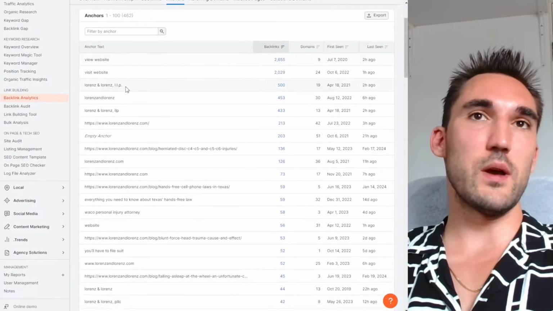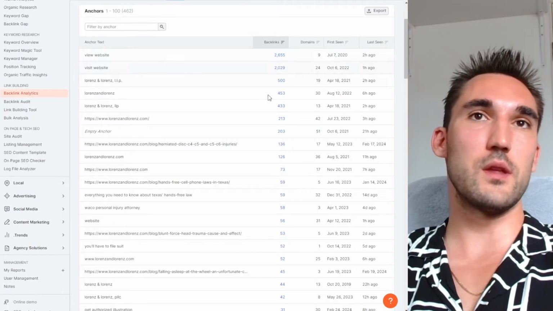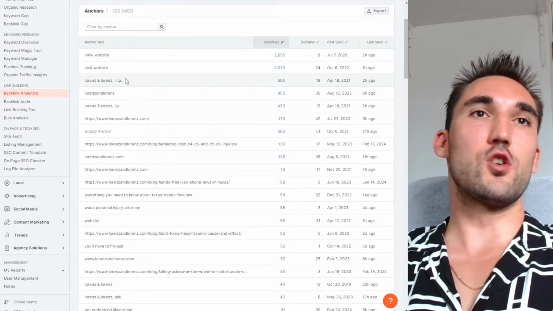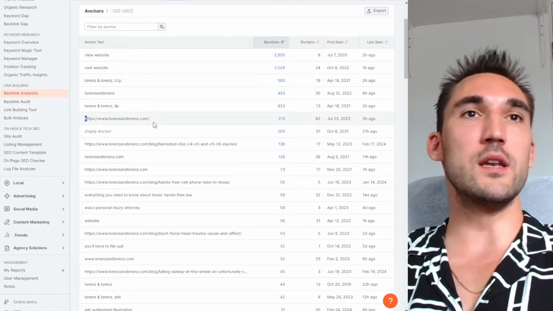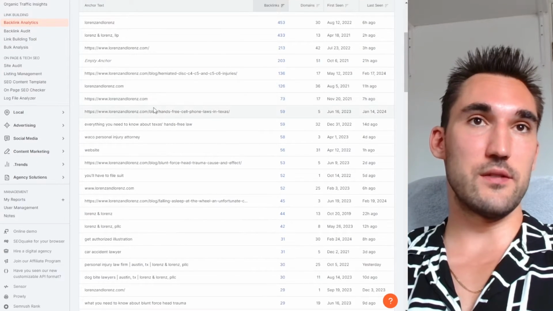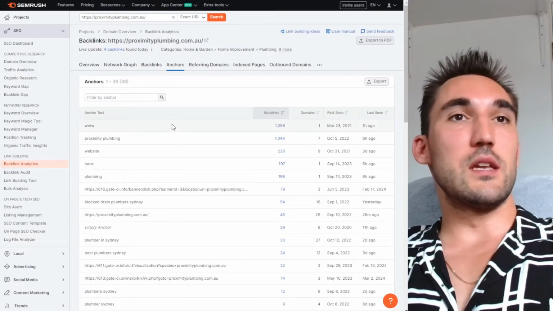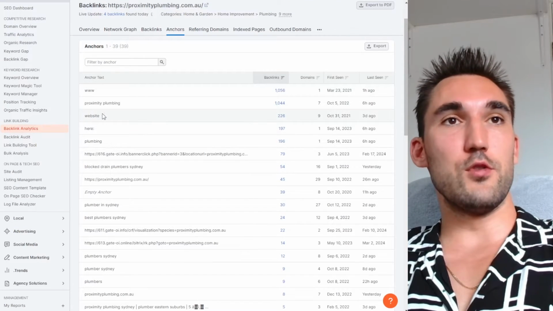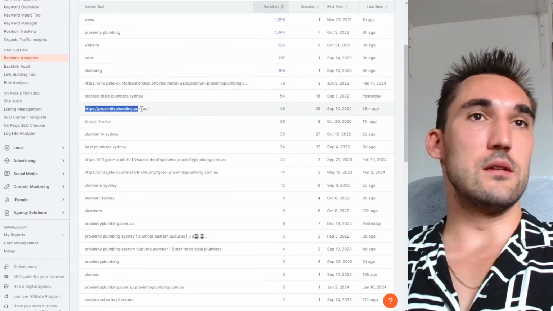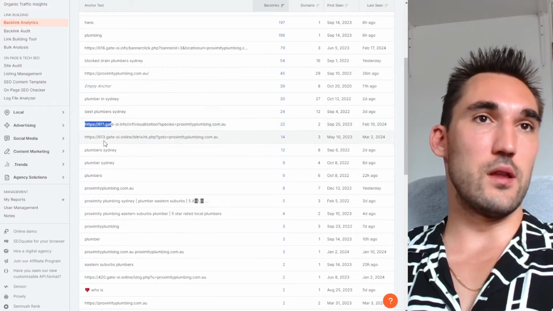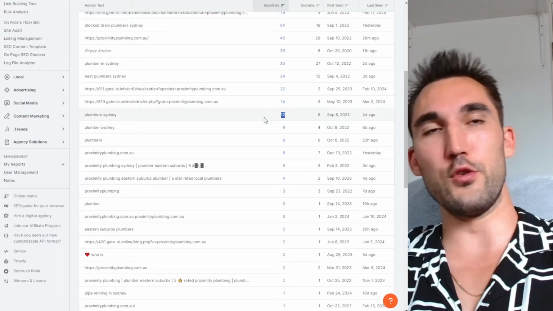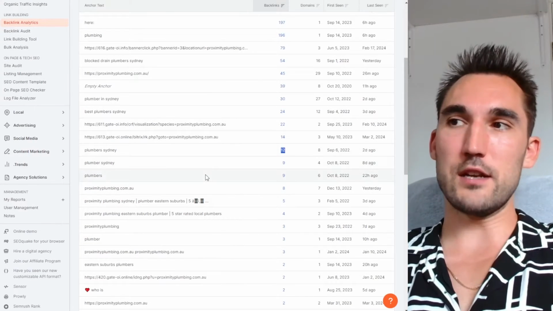If we take a look at these websites, you can see that by far the majority of their backlinks have a very generic keyword like "visit website", or their brand name, or the website name, or a naked URL. That's what it's called, a naked anchor. As we scroll down, you can see different variations of this. The same thing is true with another one here: brand name, www, website, click here, plumbing, which is technically a keyword, and their naked URL, and then a few other random ones, and then "plumbers Sydney". We start getting into the keywords around here, but you can see it's a much lower volume. This is more along the lines of what a natural link profile looks like.